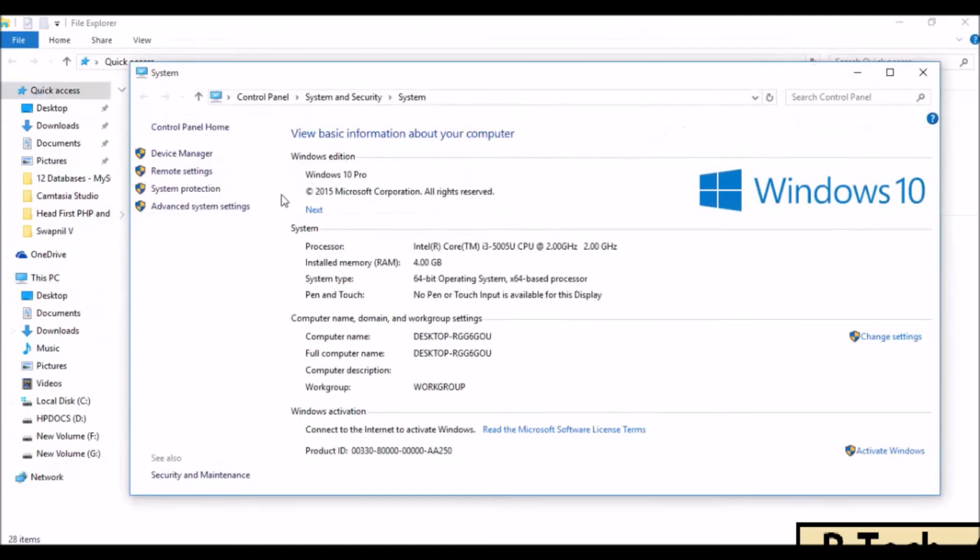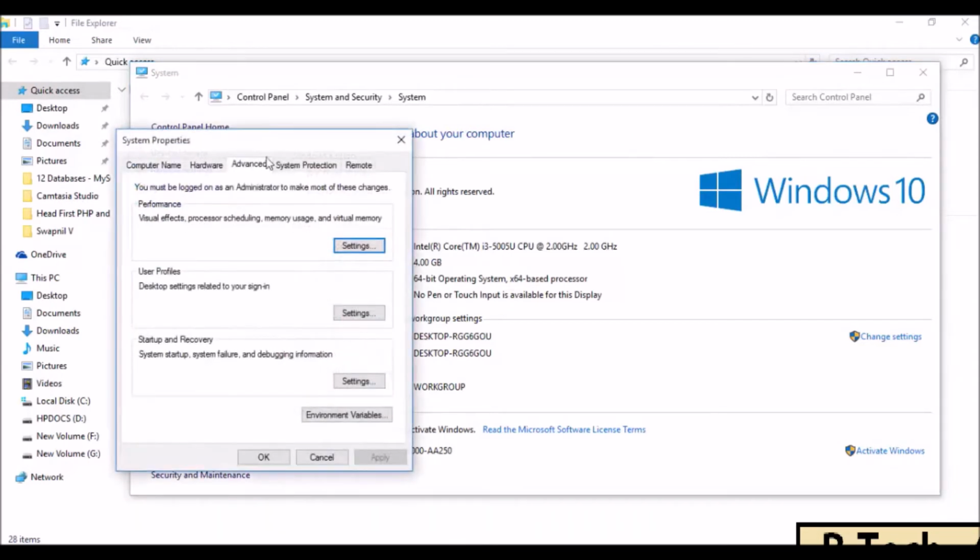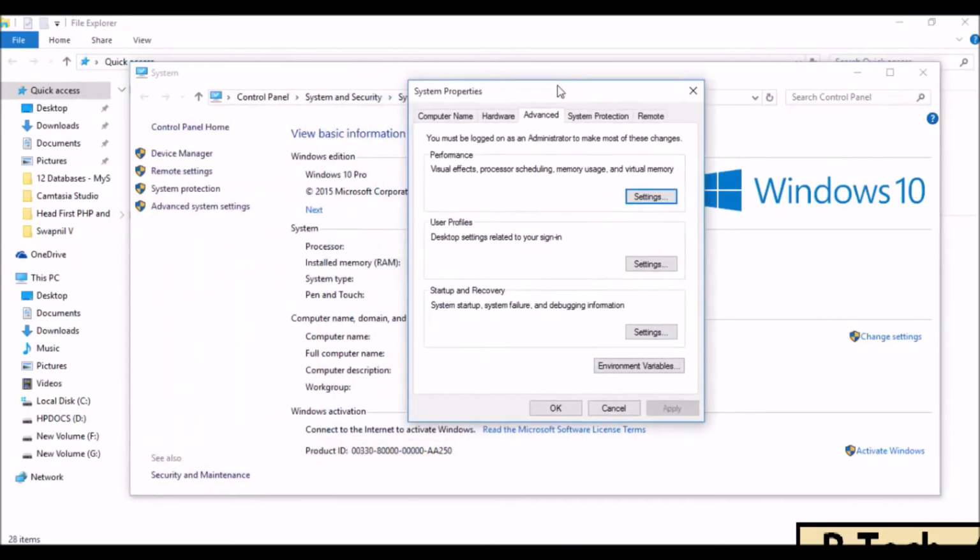Once you go into the properties, you have an option called advanced system settings, and we want to click this option. It is going to give us a pop-up which has all these tabs, and you want to select the advanced tab from it. When you click this advanced tab, you'll find a button which says environment variables.